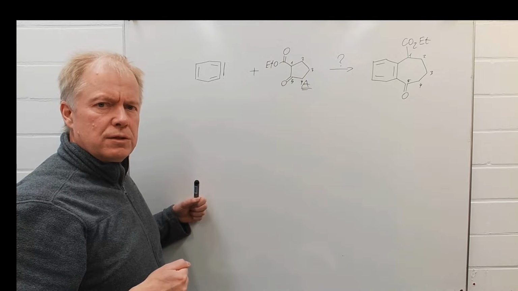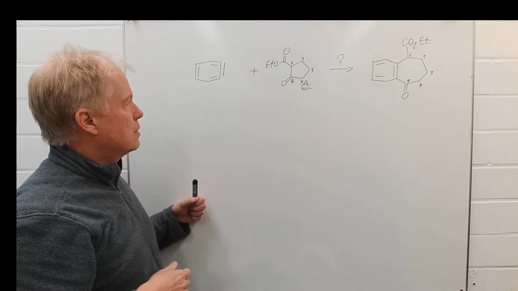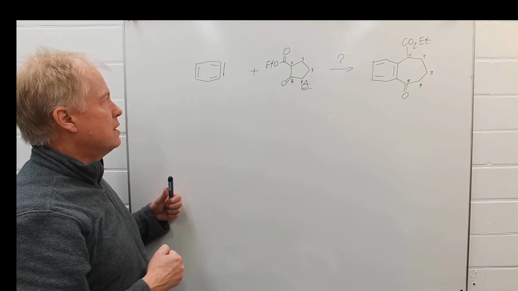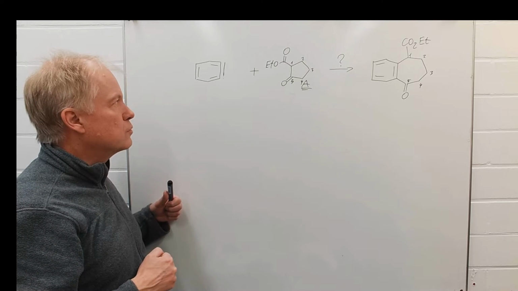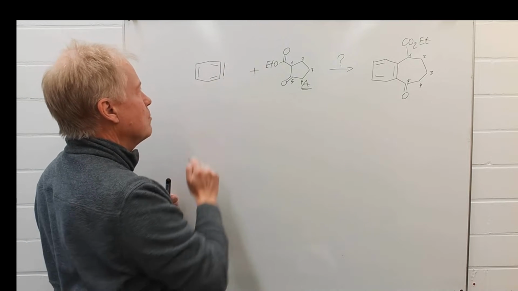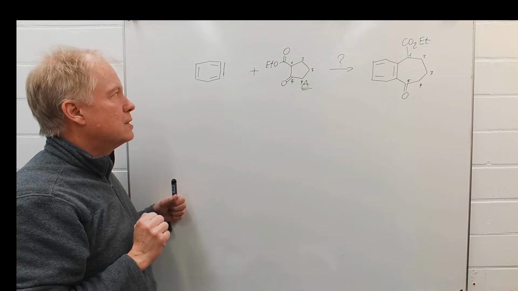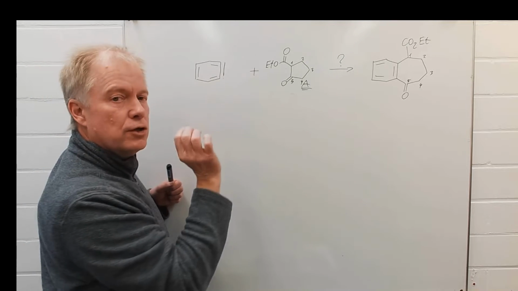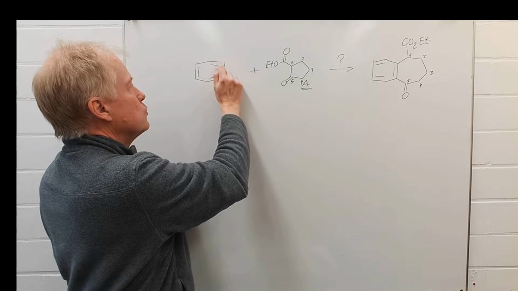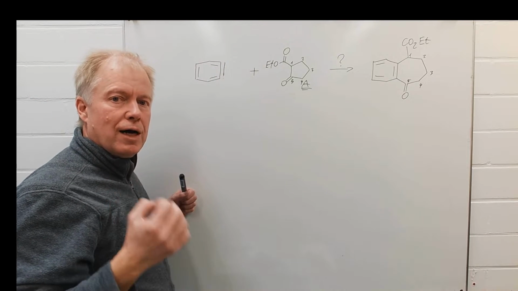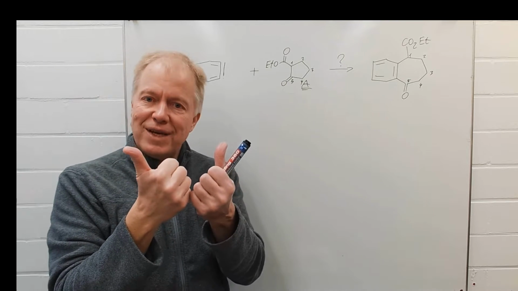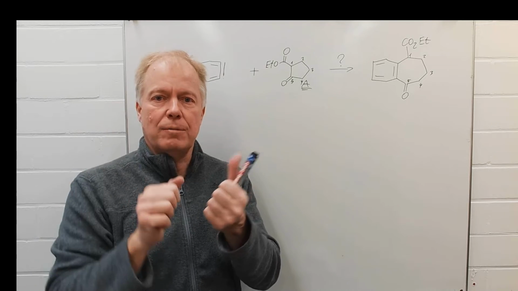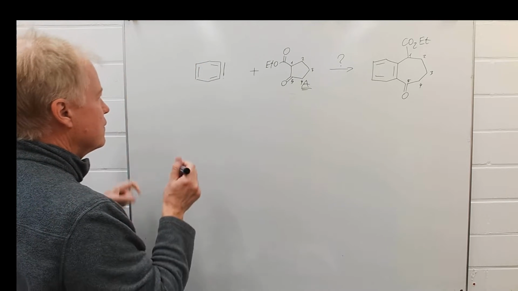Well, it's not easy to break a C-C bond. There has to be this reactive intermediate involved, and now we should remember that this double bond is a very weak double bond because it results from an overlap of two sp2 hybridized orbitals. They point a bit away from each other, and then the overlap integral is rather small. Therefore,